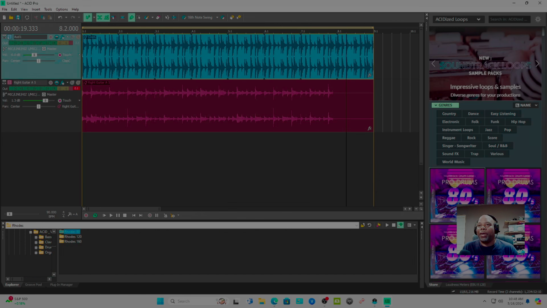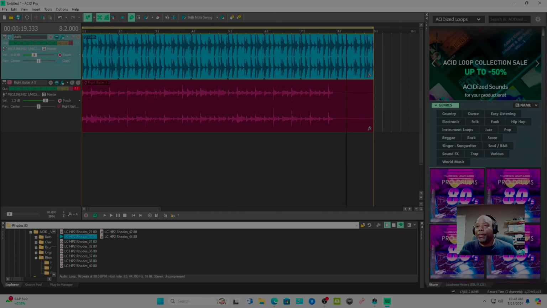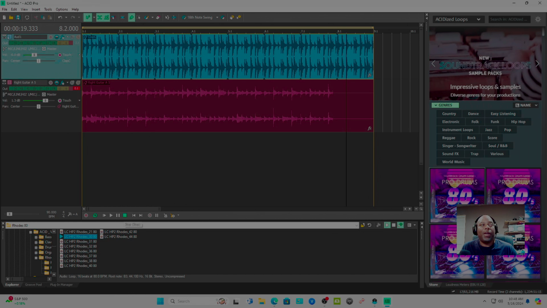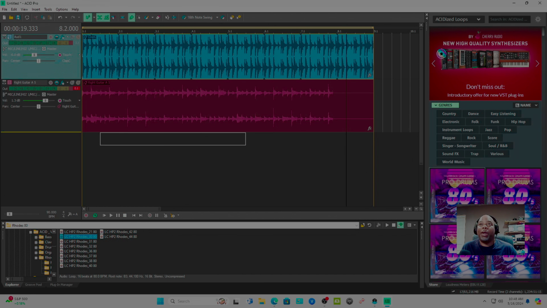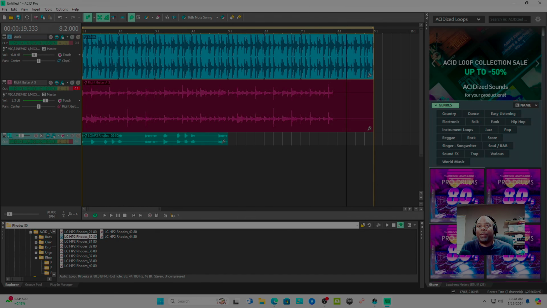So with us being at 90, you just grab one and it's going to open it up. It's going to show you the name of it. And you can just left click and it's going to play like that. So hit the square, which turns green. Left click, that's going to stop it right now. You can just grab this Rhodes, bring it up here and drop it, right? Now you can play it by hitting the space bar or hit this play button.